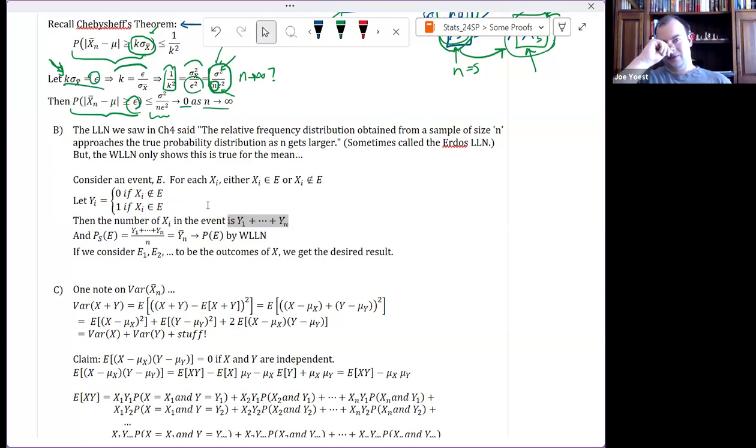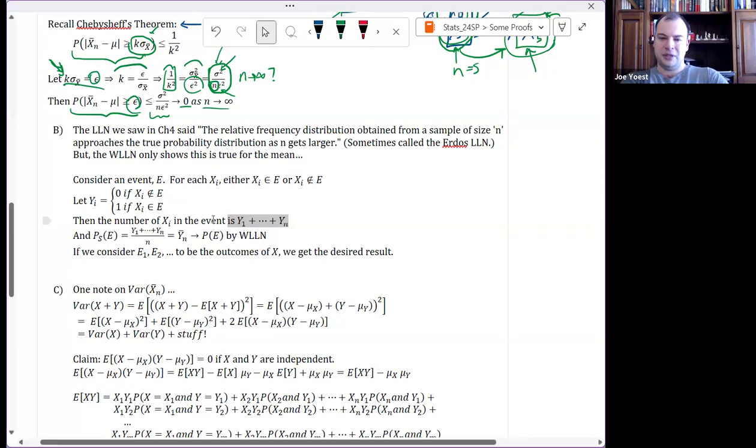So as I'm going down, if I want to say how many xi's are in the event, I could count the actual xi's, or I could go down the column of yi's that are just indicators of being in the event. Just 1 if it's in the event, 0 if it's not, and I could just sum the column of yi's. So the sum of the yi's is the number of data points that are in the event.